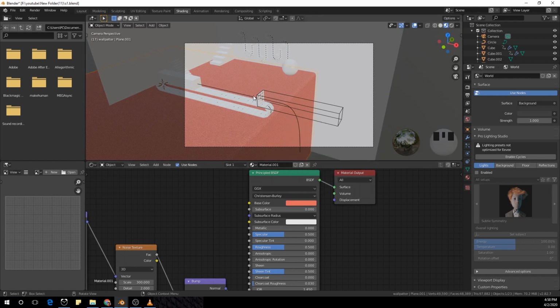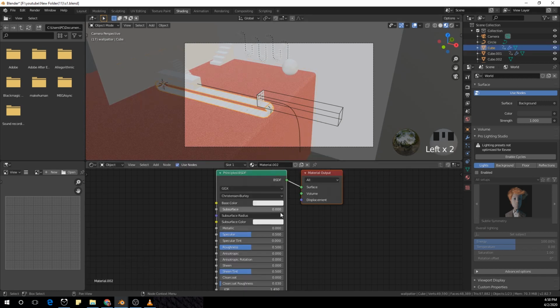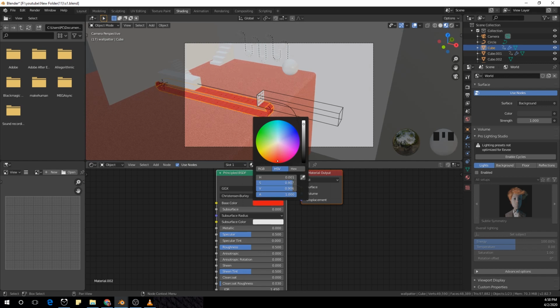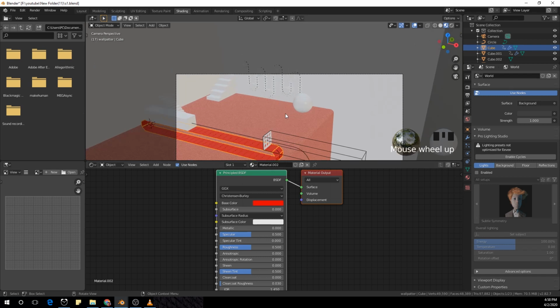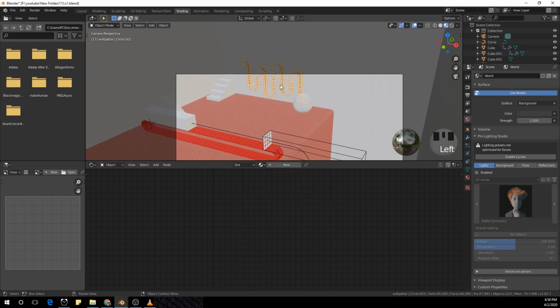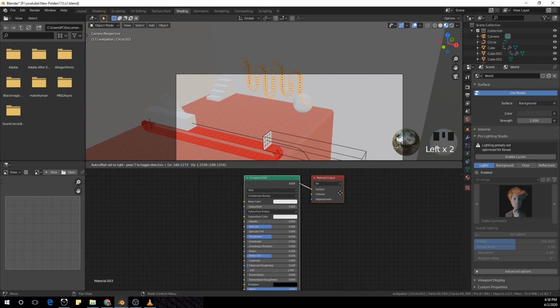So this looks good. Now I'm going to select this, add a new material, make it something a little darker red would do. And now select this object, create a new material,